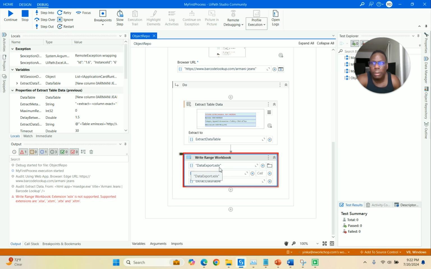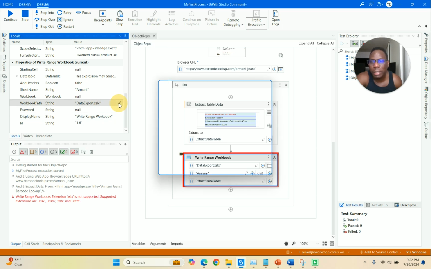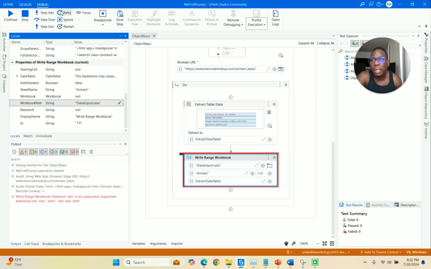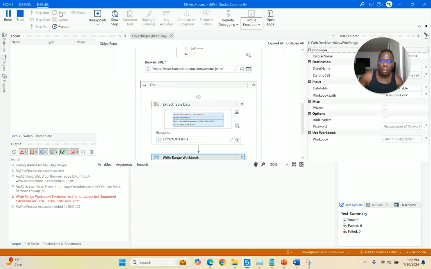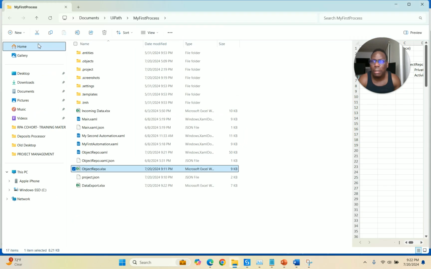Okay, so this is an interesting opportunity to show you. This thing on my left is the locals panel. So it looks like I made a mistake in typing the Excel sheet name. So you can actually edit it right here while it's running. I think it's XLSX is supposed to be. So when I do that, I click OK. I can retry, which is an opportunity for me to show you how retry works, and it will finish the job. Right? So it's done that, and this workbook will be inside this folder here, data, which is here,